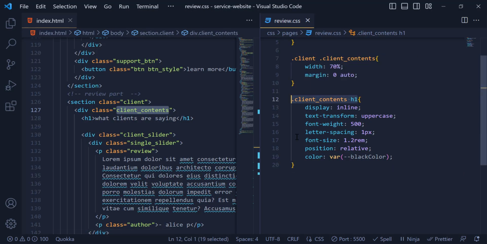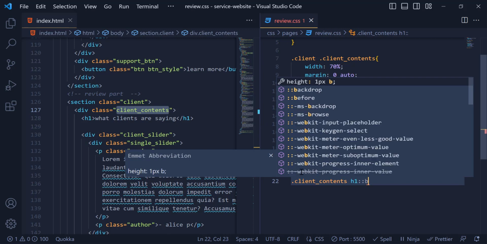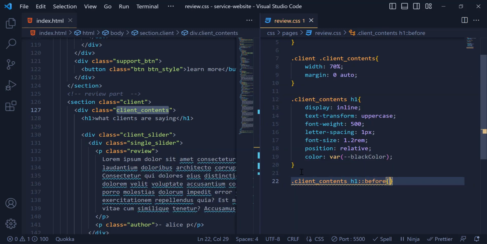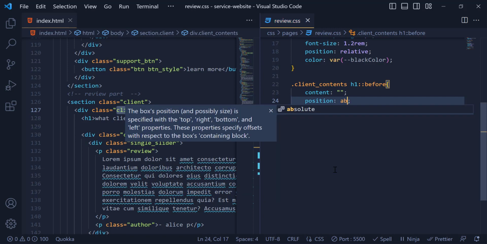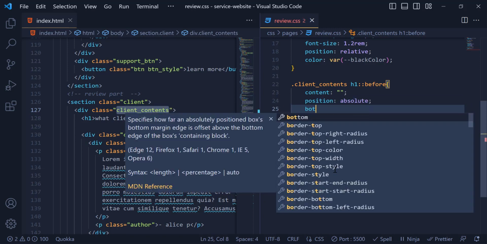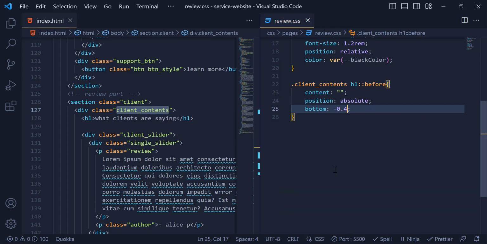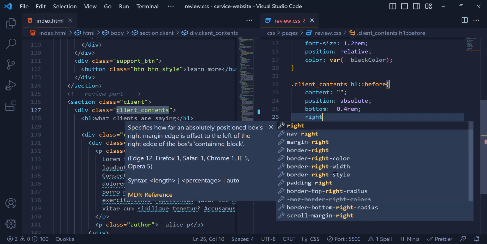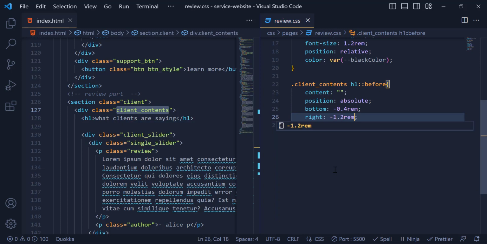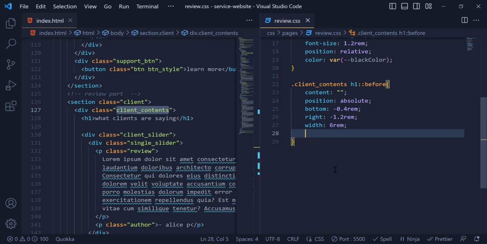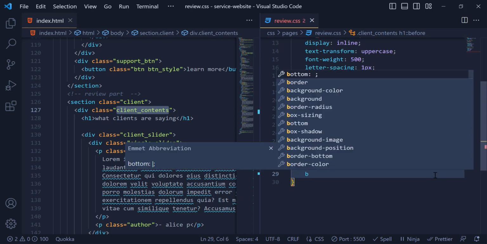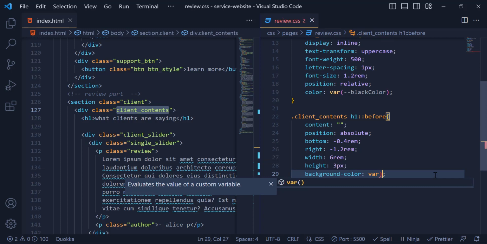just copy this and target the before pseudo element. We need to give the content to be an empty string. The position is going to be absolute. For the bottom I'm gonna give it minus 0.4 rem. For the right it is going to be minus 1.2 rem. It's gonna have a width of 6 rem and a height of 3 pixel and a background color of var